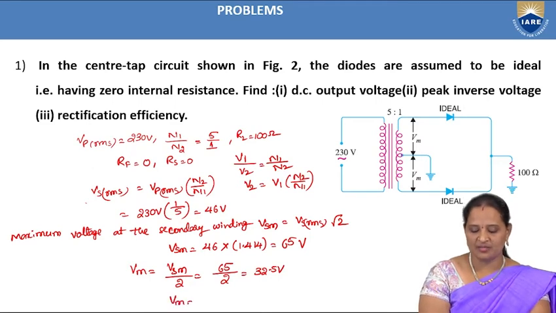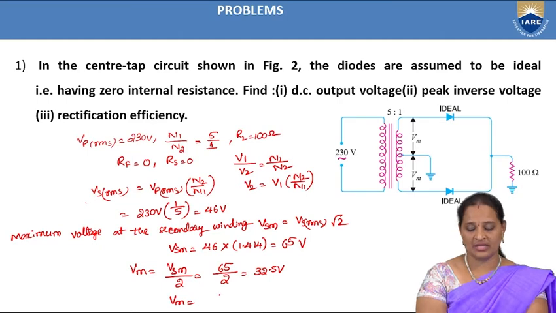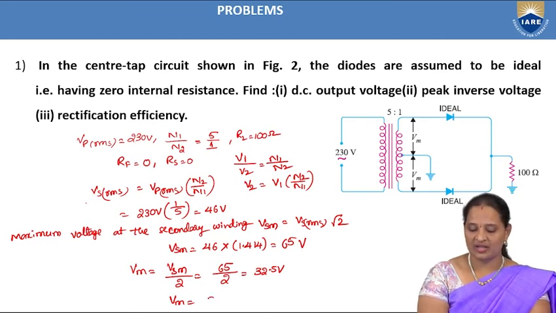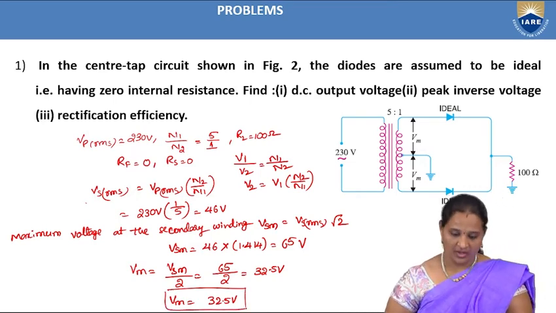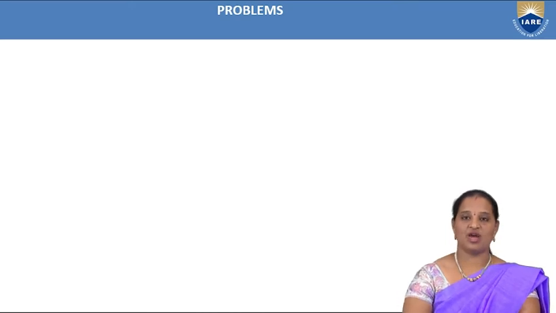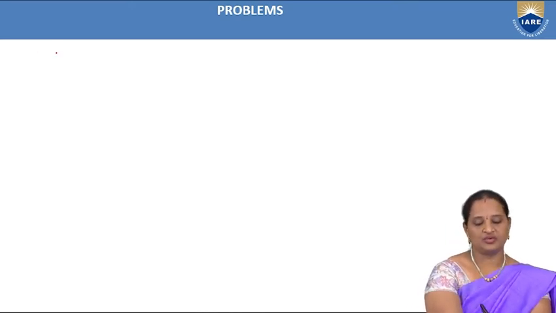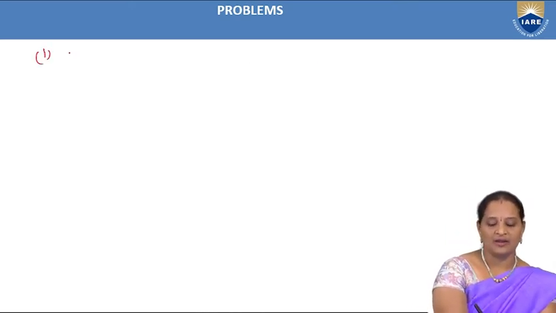That means the maximum voltage in either the upper half or the lower half of the secondary winding is given by 32.5 volts. So we have got the maximum value. Now, as we have got the maximum value, what we need to do is calculate the DC